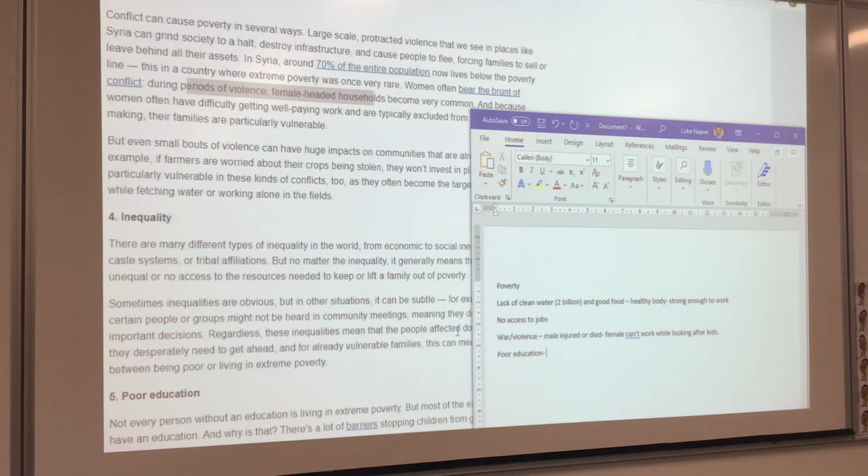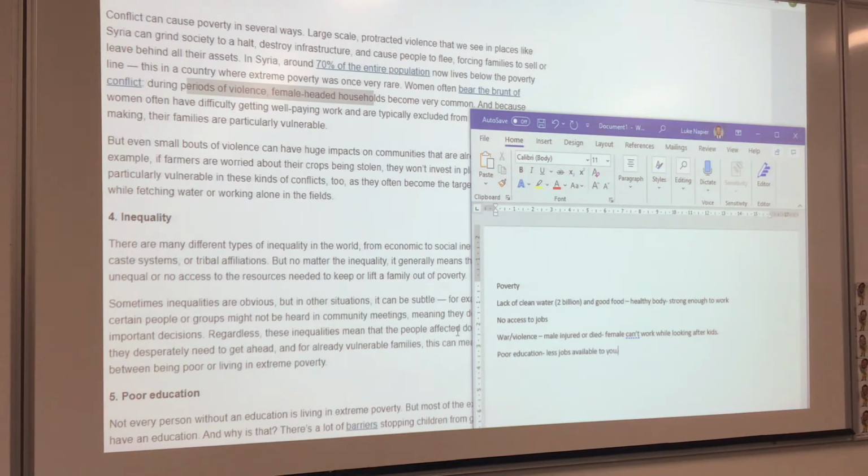So instead of working out in a wheat field, you could be in a supermarket, or you could be selling insurance, or you could be working in a bank, or you could work on a farm. It doesn't matter. But if you've got an education, it opens up lots of different things. So poor education means that you have fewer jobs available